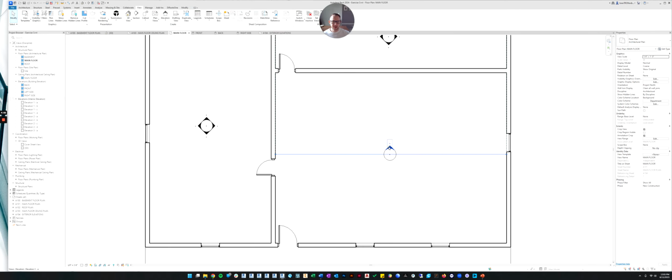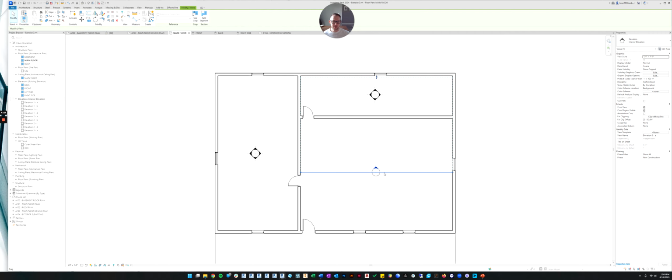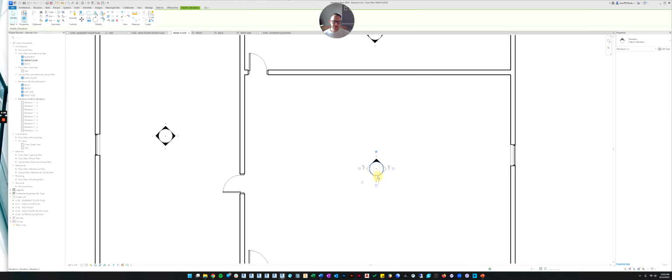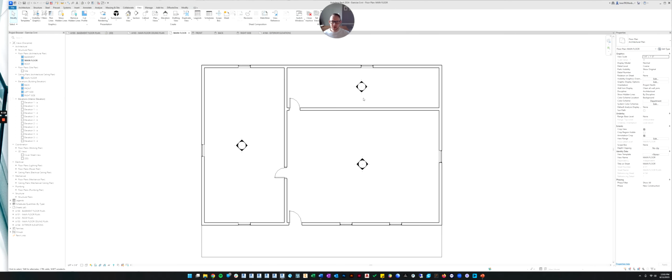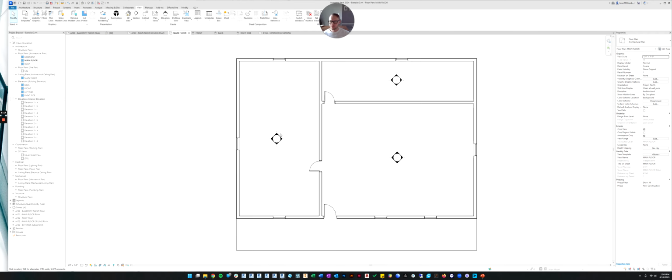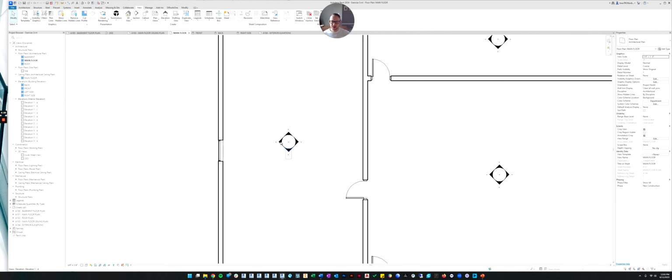Again, you don't click the arrow part because that shows you the clipping planes, like when we were doing exterior elevations. And that's not what we're trying to get at. We're trying to get at this round marker so that we can add views. So you got to make sure you click the round part. Okay, so now we've got 4 views for each room over here, but now it's a mess over here. So let's start over here.